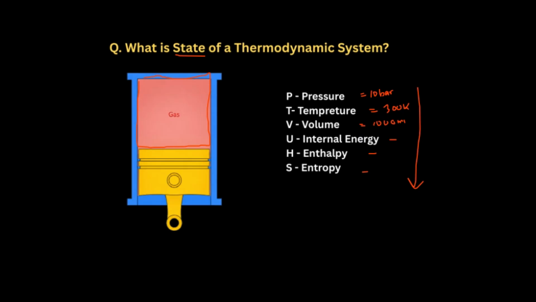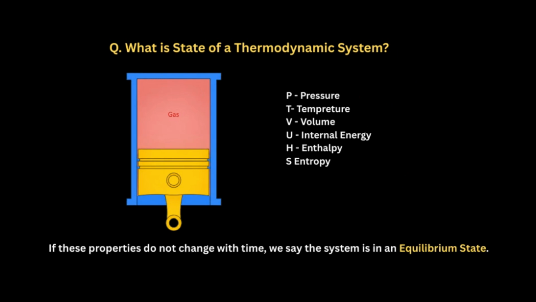Now, do you really need to specify all the properties to fix the state of the system? Because if you have to determine and state all the properties, it is going to be a very, very complex set of data. Every time while defining a system, you have to specify the pressure, temperature, volume, internal energy, enthalpy, entropy, density. Then we have the specific properties. So many things to be determined. So what to do? Here the state postulate comes to the rescue. What does it say?